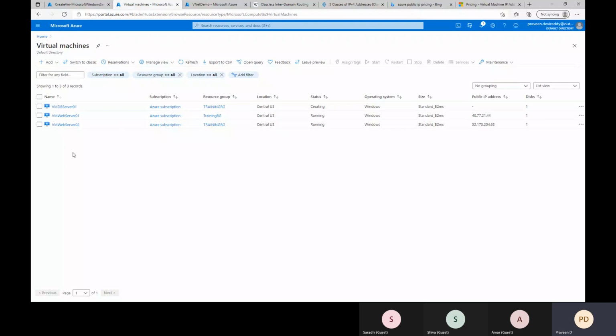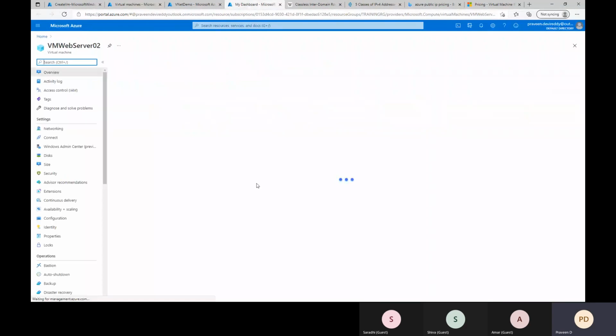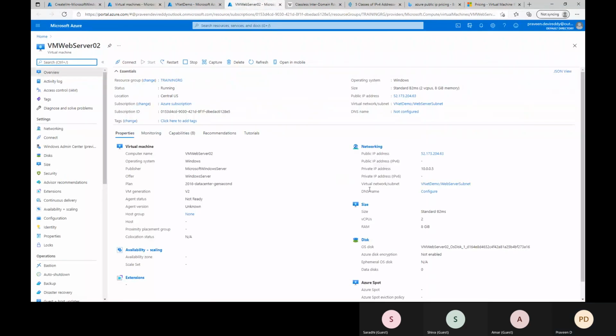Okay, so now web server 2 got created. I'll go inside this server. Now it has taken .5.